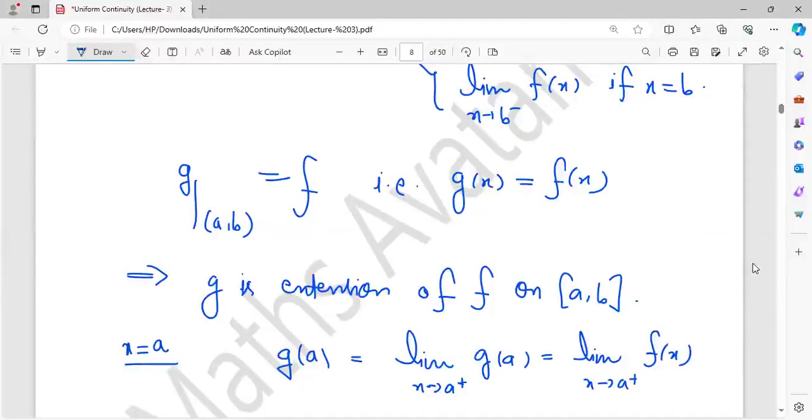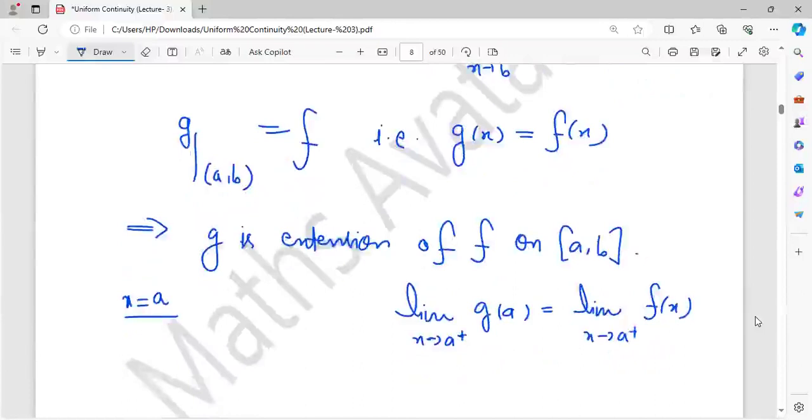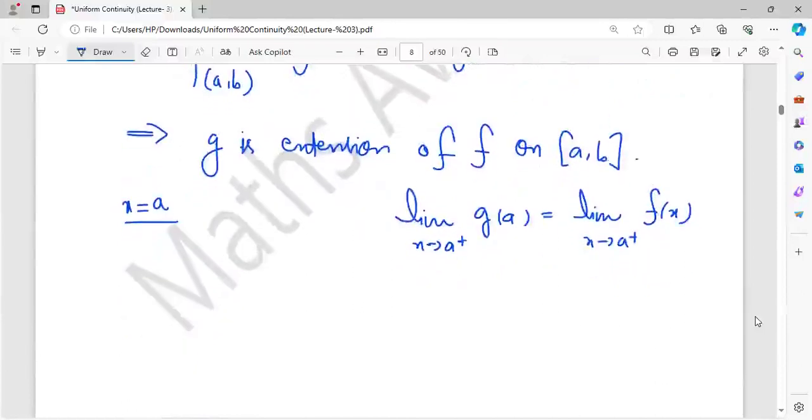What we have to prove is that this limit will be equal to g(a). In the open interval, my g function is nothing but f(x), so this limit is equal to this. By the way we defined function g, this is nothing but g(a). So what does it mean? g is